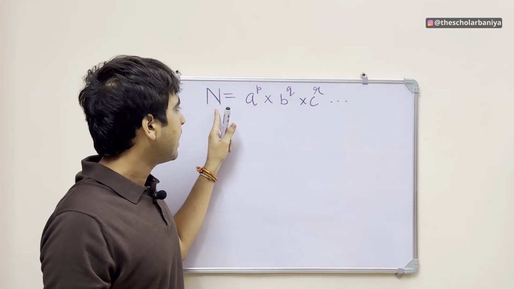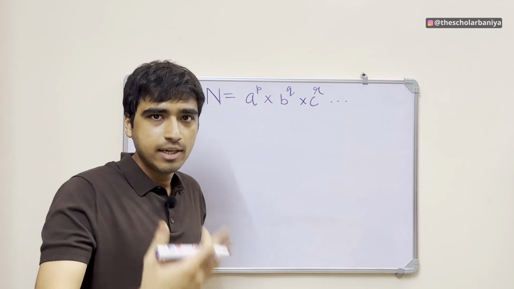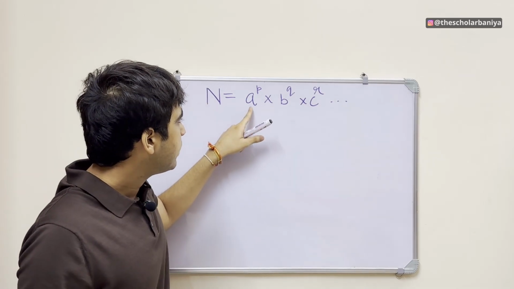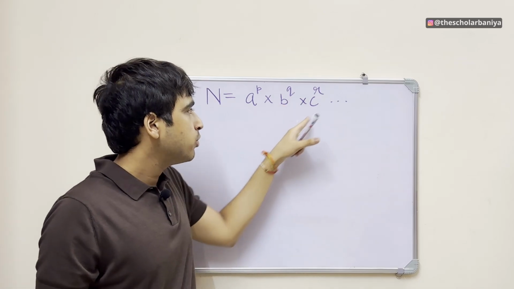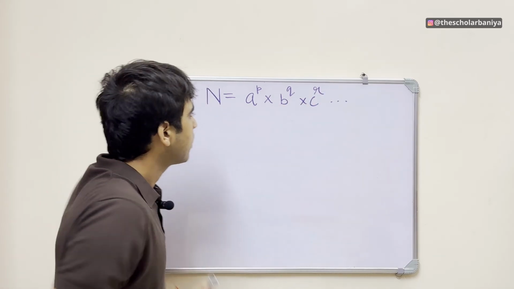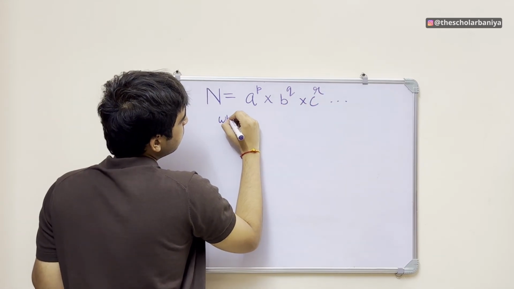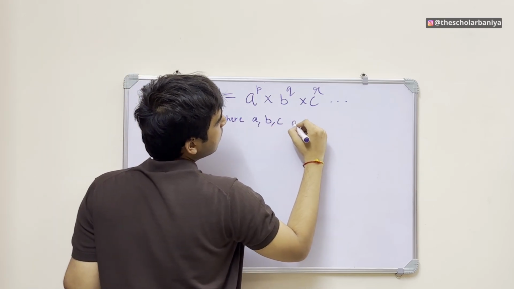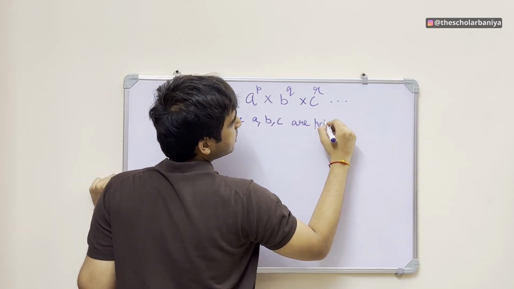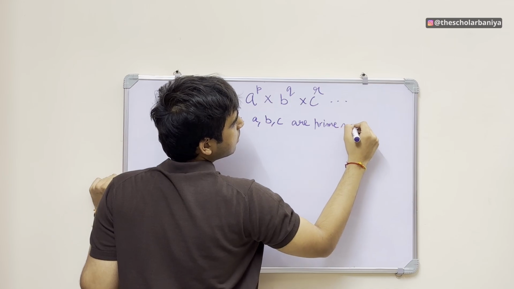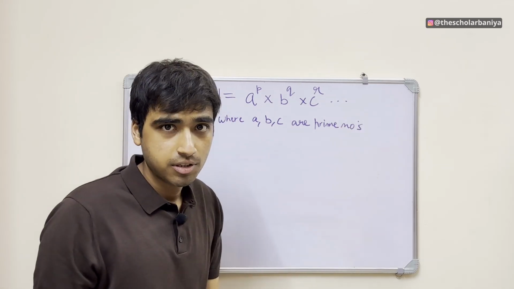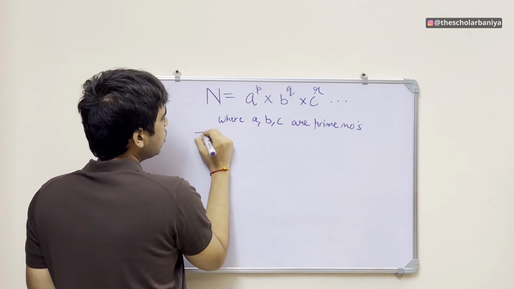I'll explain it with an example as well, but just listen to me. Where a, b, c are prime numbers. So this is one condition, that a, b, c should be prime numbers, right? Then the total factors